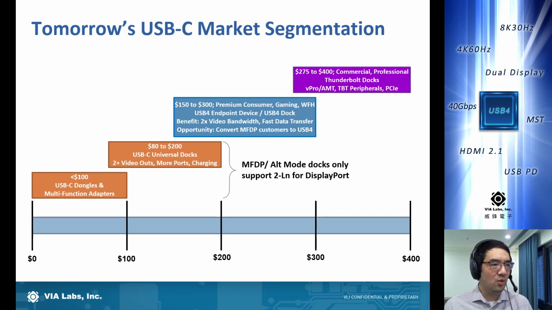And when we look at where the customers are coming from, we've heard some concern that maybe USB 4 is trying to convert Thunderbolt customers, but we don't really think that's the case. We think that the dedicated Thunderbolt customers who are maybe looking for the best, have professional use cases, or already have an existing collection of Thunderbolt peripherals, we firmly believe that they should just stay as Thunderbolt customers. And then for USB 4, we actually have a great opportunity to convert a lot of the existing multifunction DP customers to USB 4 to let them have a better video and data experience.